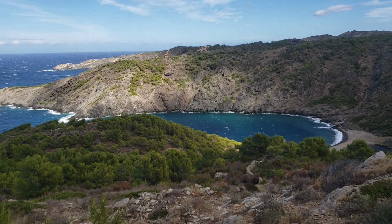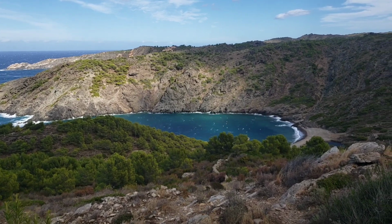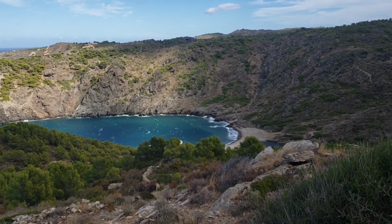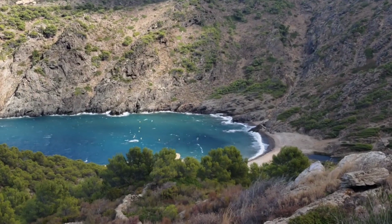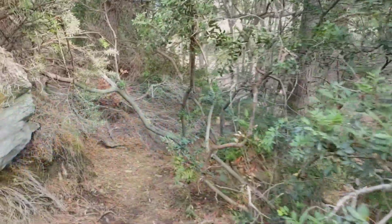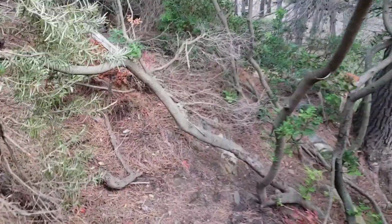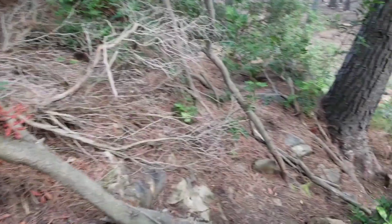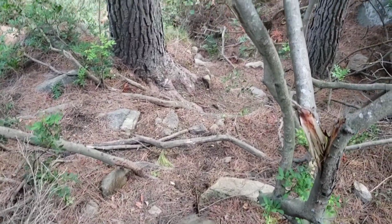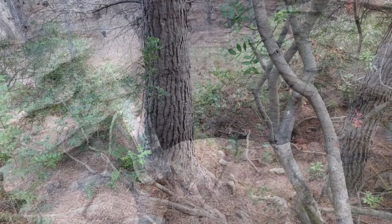She said she wanted to camp one night down at the Mediterranean, so we're headed to this cove down here. And I said, well, you know, it's awfully windy. She said, no, it'll be protected, it'll be protected. Well, I don't know about that. Maybe. Oh, this is a bit like dropping down to Black Canyon of the Gunnison. But not as extreme. Well, I say that. This part looks a bit extreme. This is extreme. It's flat on the bottom here, camping sites, and it's...